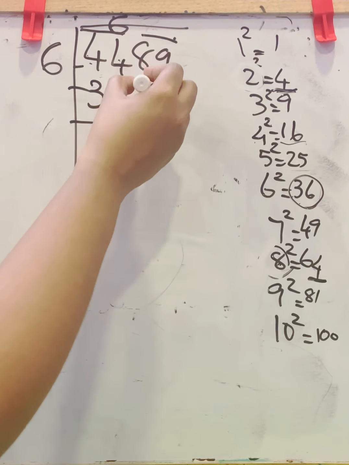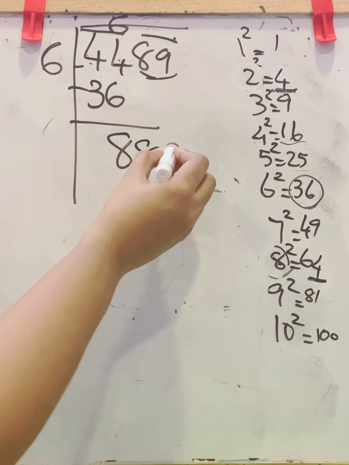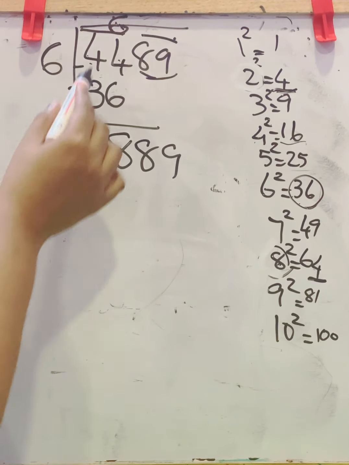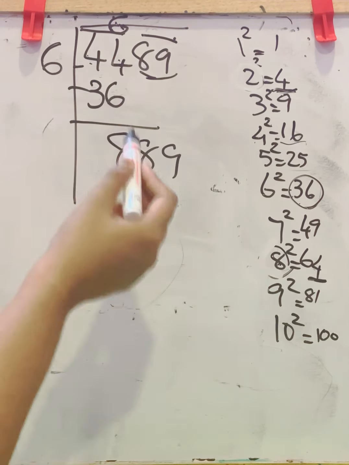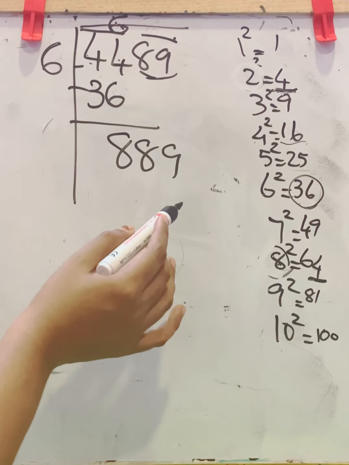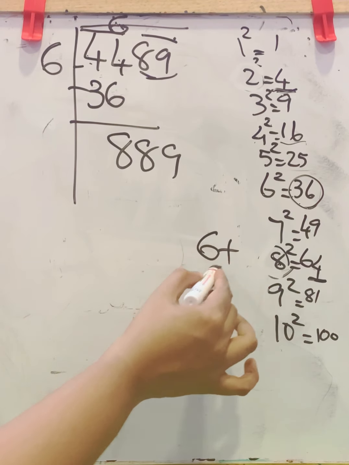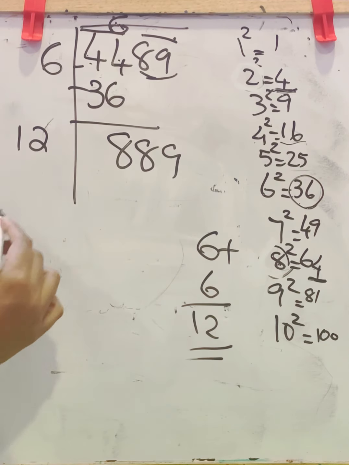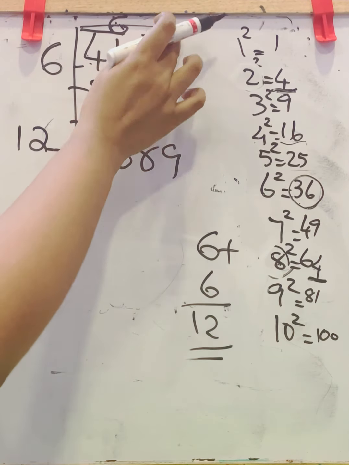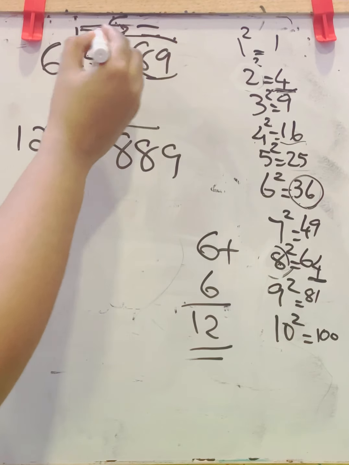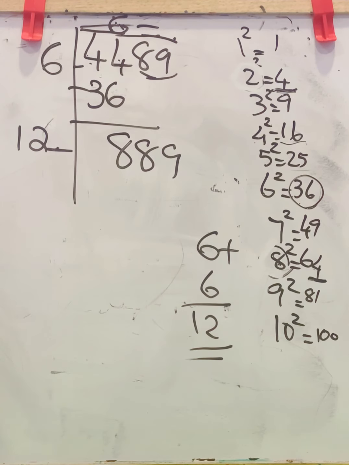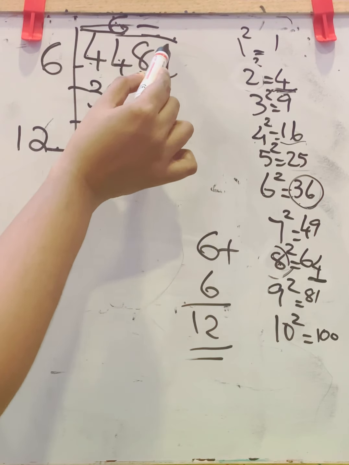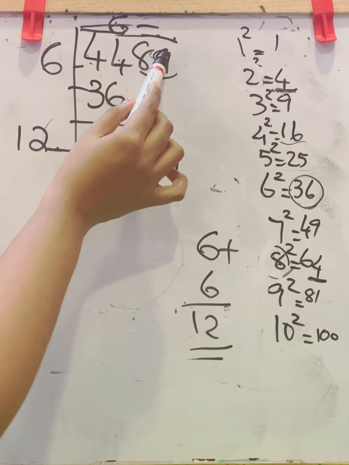Now next step, carry down this pair, 89. The next step is double this number above here. So doubling means either you can multiply with 2 or you can add with the same number. So here you will get 12. Now put a dash here. Here also a dash, because both the numbers will be equal. Now check. Here this is the endmost digit. So here it is 9.